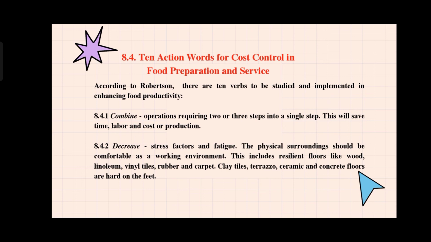8.4.1, let's say the combine. Usa siya sa 10 action words sa cost control in food preparation and service. So combine, it is operations requiring 2 or 3 steps into a single step. So this will save time, labor, and cost of production.